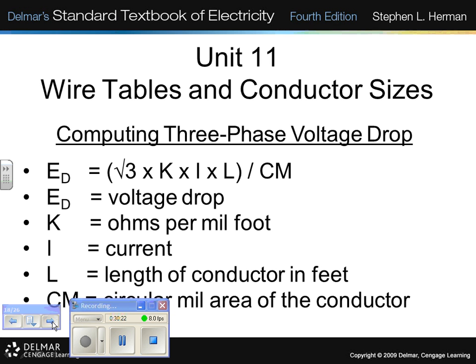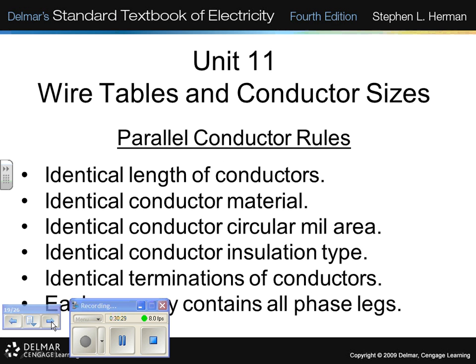And then here we have the square root of 3 substituted in for the 2 when we're doing 3-phase. And here we have the wire table conductor sizes. Parallel conductor rules. Now, there are a lot of rules about running in parallel. They've got to be the exact same, let's just say everything, okay? Same conductor material, same circular mil area, same insulation type, same terminations of conductors, and same